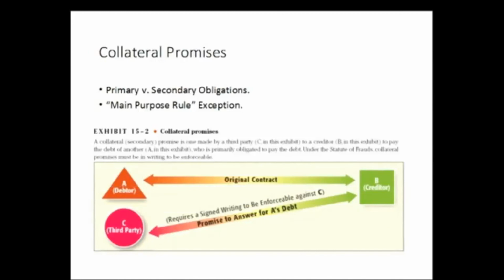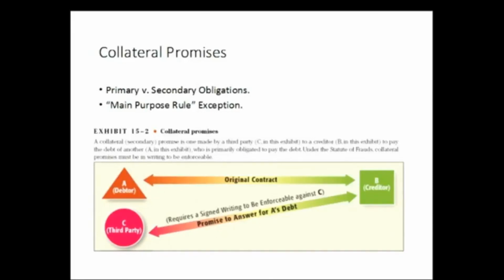And the 1 year rule says that if a contract cannot be performed within 1 year from the day it was formed, it has to be in writing. So again, a contract that takes more than a year, you have to have in writing. It runs from the day after the contract is made, and it applies where it's possible, even though unlikely, to be done within 1 year. It's basically the possibility of it being done.